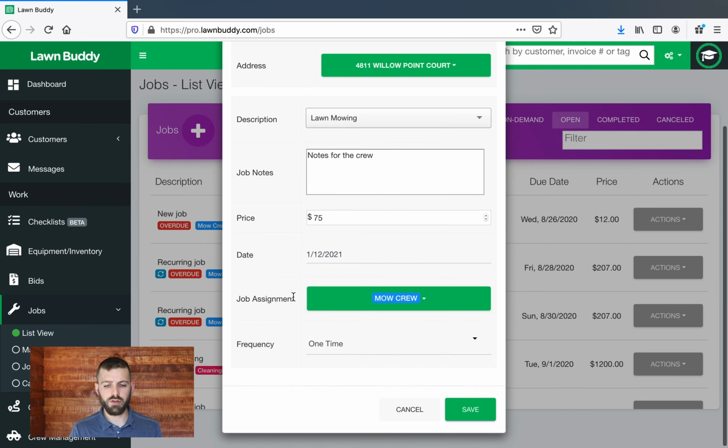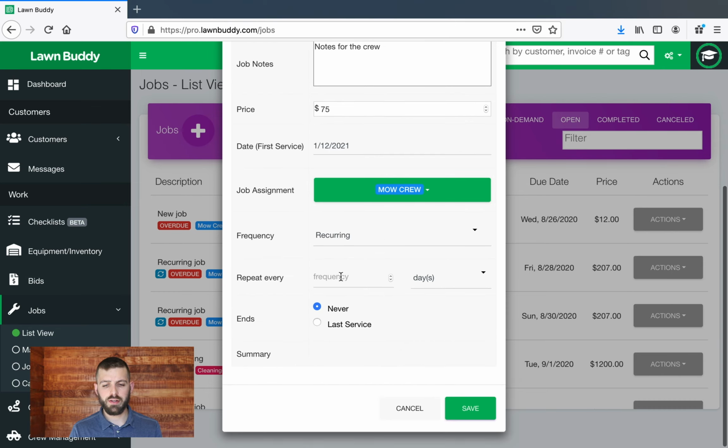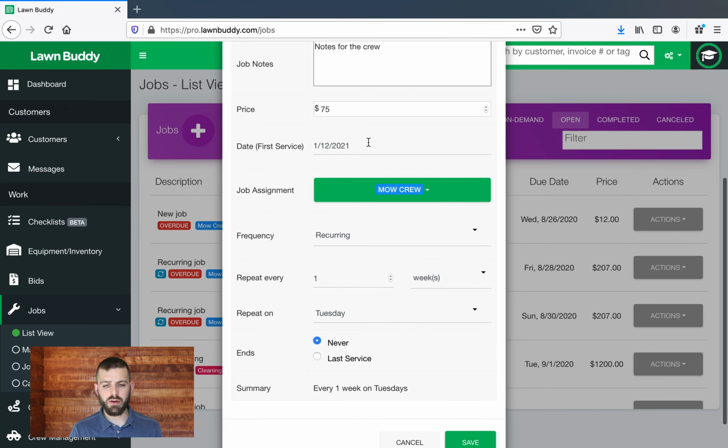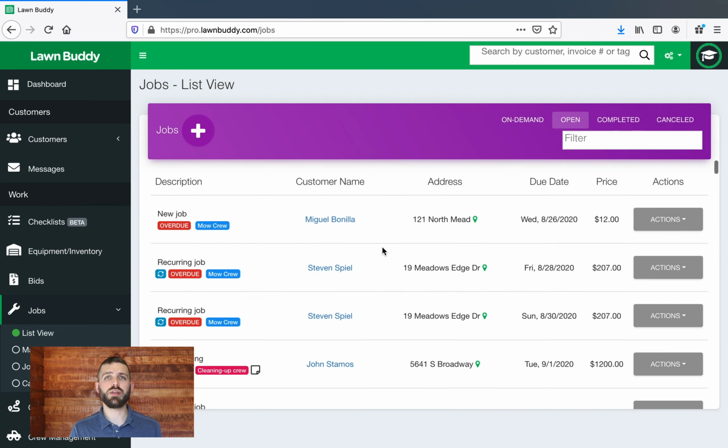Assign a crew. If you're going to assign a crew, that's not a required field by any means. And then this is going to be a recurring job for Austin. So we'll go ahead and say we're going to cover him once weekly beginning on the 12th. So that's going to happen every Tuesday from here on out forever. We'll save that job, and now we will always be reminded on Tuesday to go to Austin's home and cut